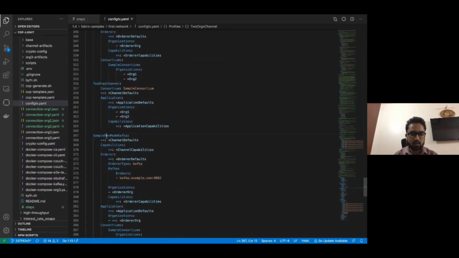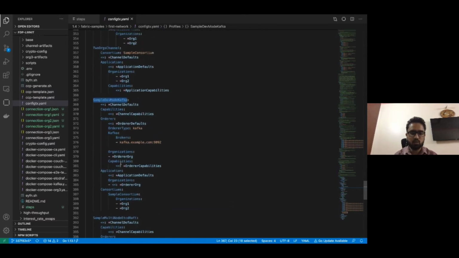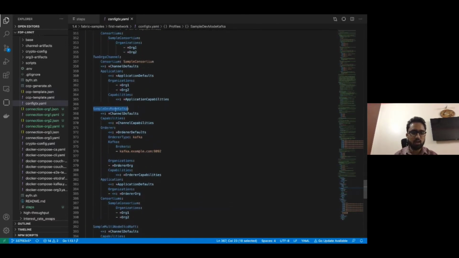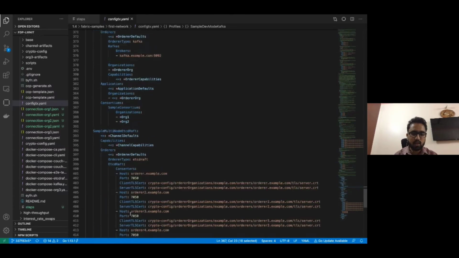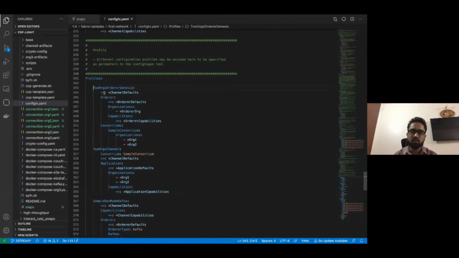And there are other profiles also. Right now in this session, we are just going to use the solo orderer. There are different types of orderers, that is Kafka, Raft, and others also. So there are profiles defined for those also. For Kafka, this is this, and for Raft, this is this. But for this, we are just going to use a solo orderer.